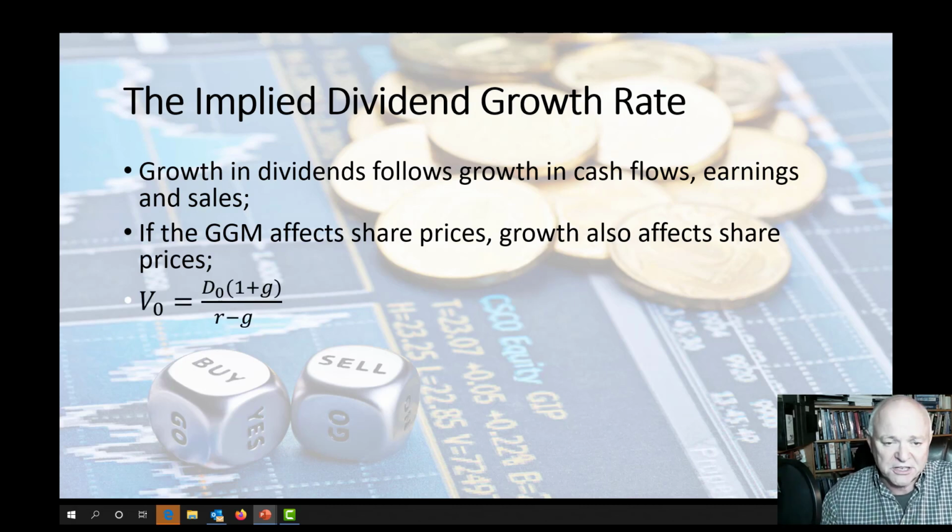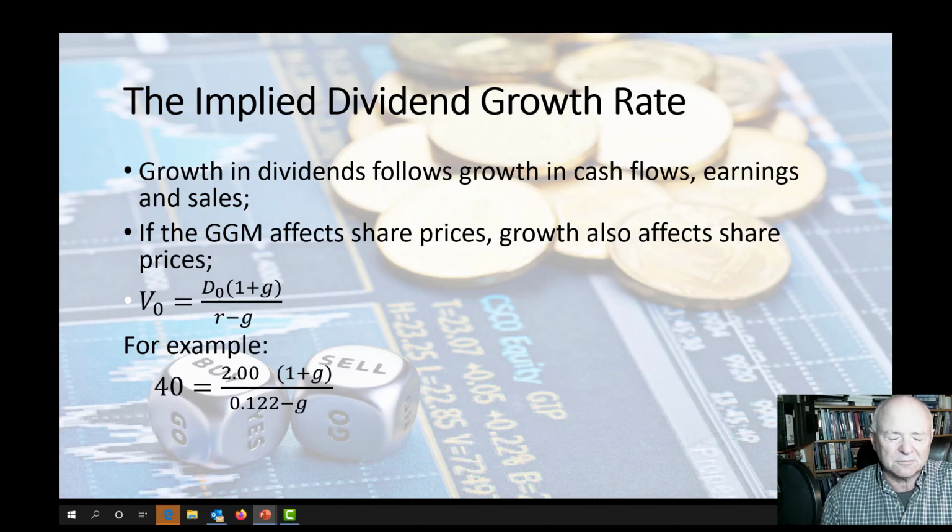So our model, as we said in the previous slide, is last period's dividend times 1 plus G to get D sub 1, the predicted dividend, over R minus G. And in this example, if we have a $40 value for the business, and if we want to know what the expected or the implied growth rate is going to be, all we have to do is solve, once we know the current dividend level and the required rate of return. So here, if we have a 12.2% required rate of return or cost of equity,